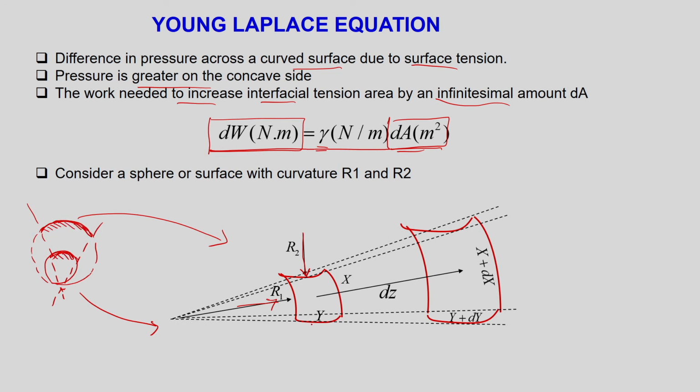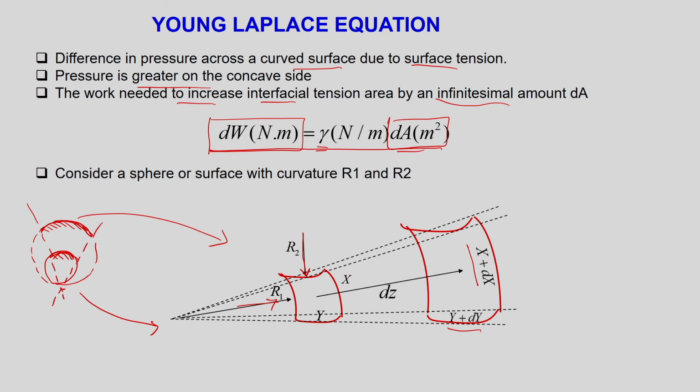So, if I want to define a sphere, you should define it with two radii, one is r1 and this is r2, and let us suppose this is x and this is y. Now, I increase it by an arbitrary unit where the area increases in this direction as dz. So, the new lengths become x plus dx and y plus dy. So, I have increased the area from x into y to x plus dx into y plus dy. So, the change in area is the product of these two minus the product of x y. Okay. So, I have done some work.